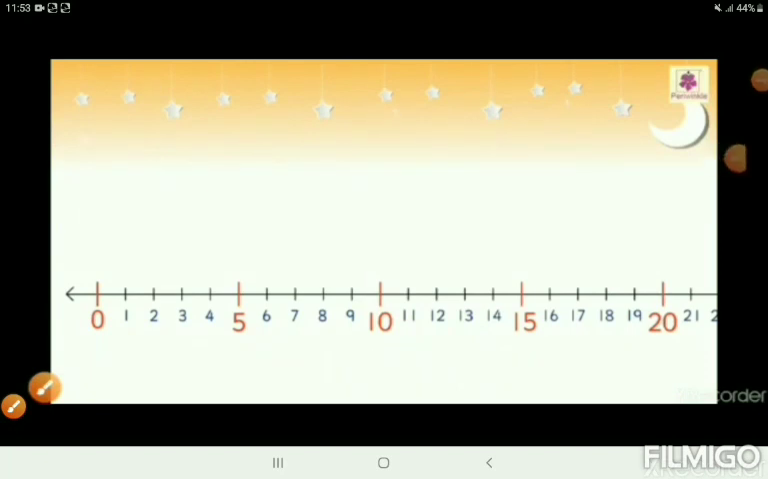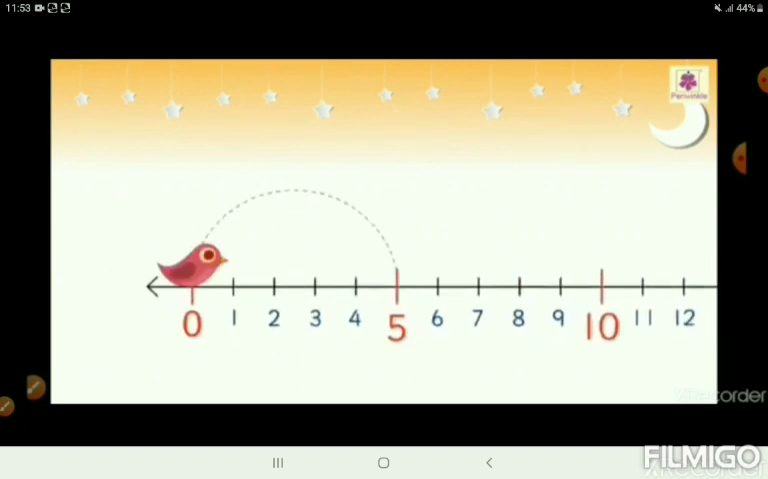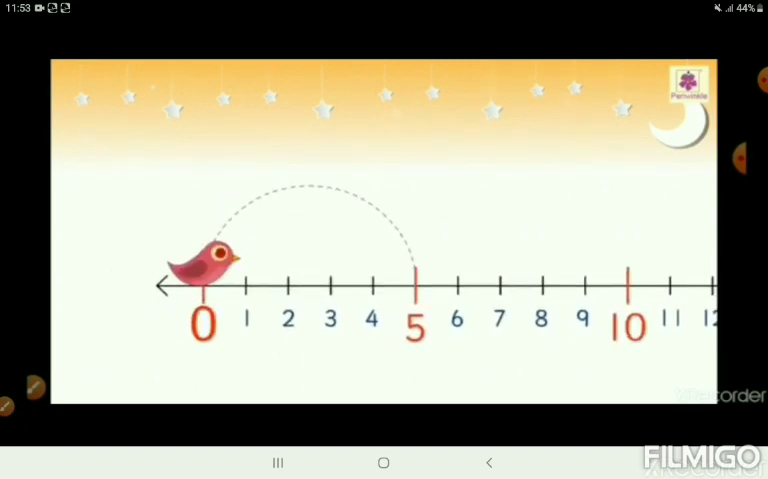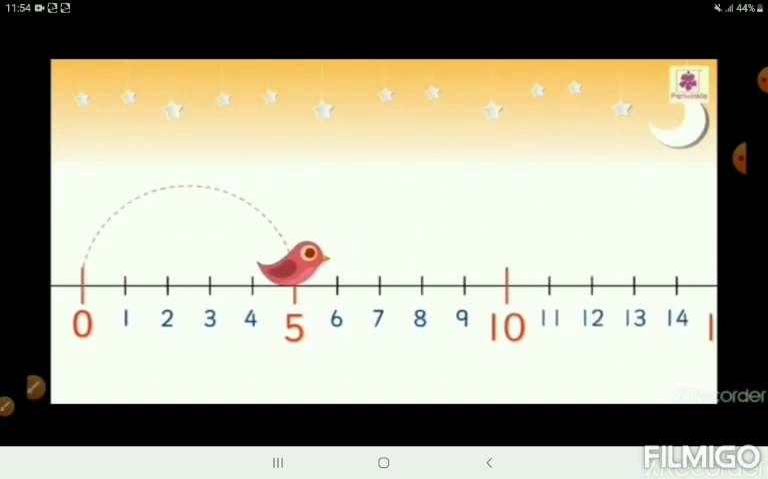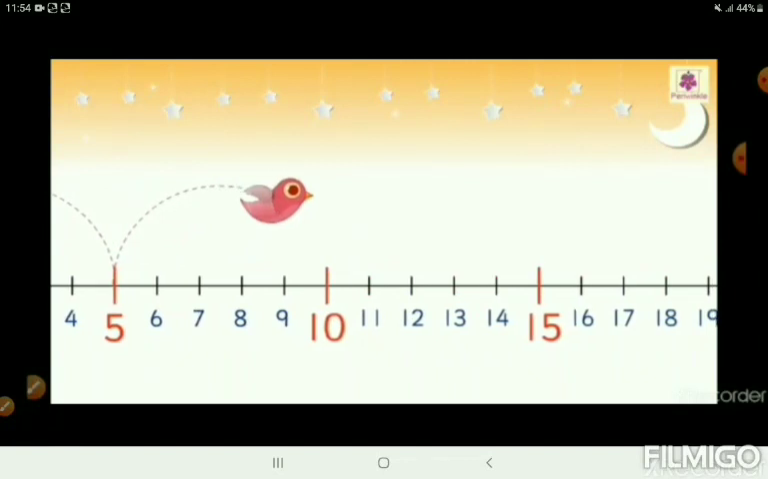Here, in order to skip count by 5s, we skip 4 numbers and jump to the 5th number. Look at the bird on number 0. To skip count by 5s, it will skip 4 numbers, 1, 2, 3, 4, and hop to number 5. Accordingly, it will hop to numbers 10,